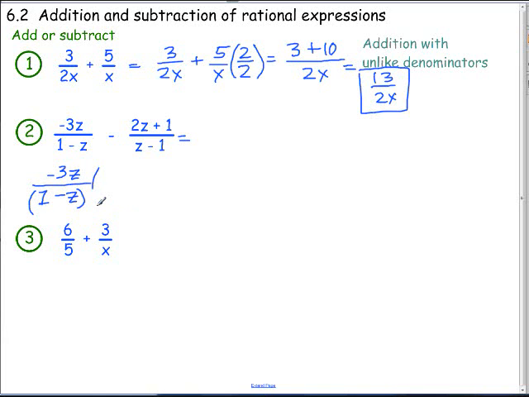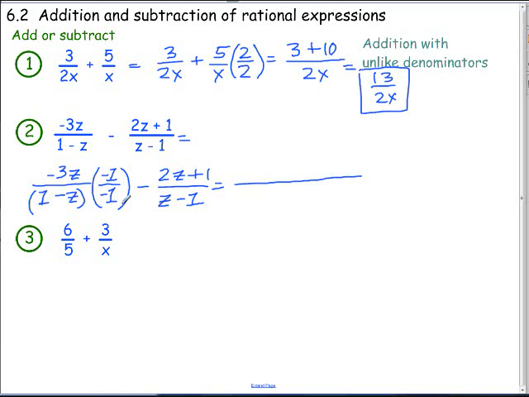If I were to multiply the numerator and the denominator both by a negative 1, that's just a fancy positive 1, isn't it? Minus 2z plus 1 over z minus 1, I would have